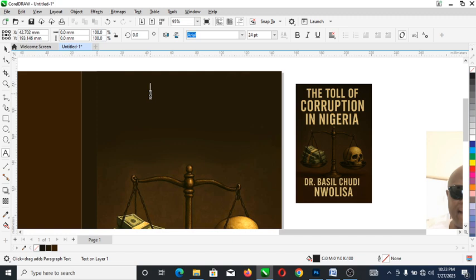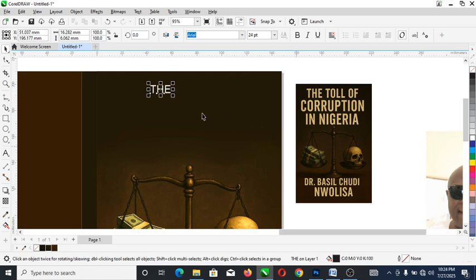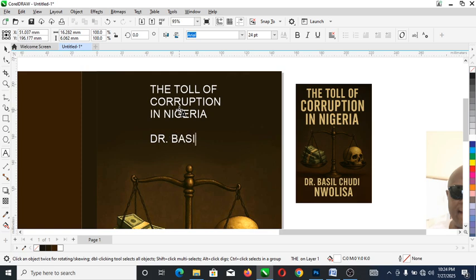Good. So right now let's type. Let's apply white color to that. The tool of corruption in Nigeria. Good. So enter right from there, then the name of the author, Brazil